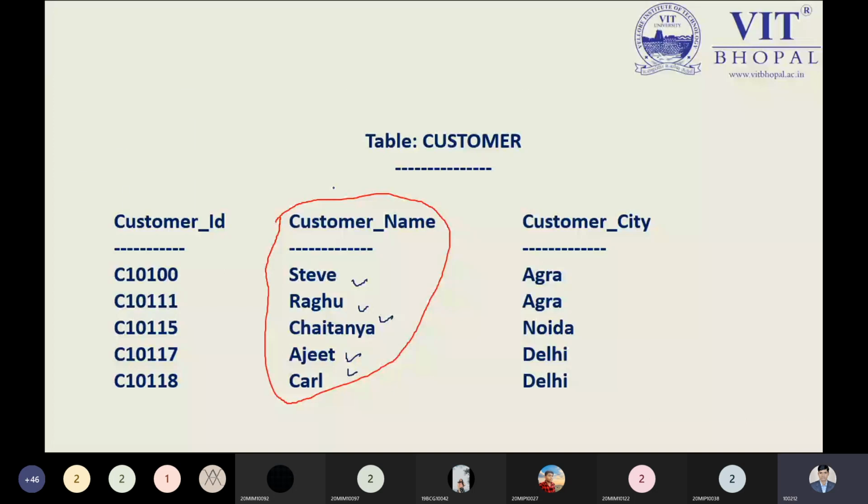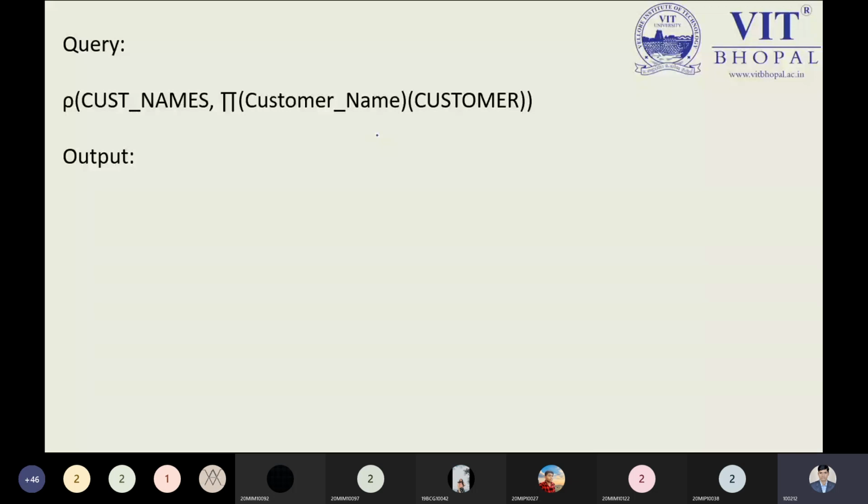So I'm writing clearly once again: customer name, comma, project customer name from the customer.